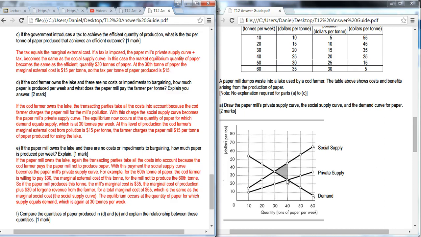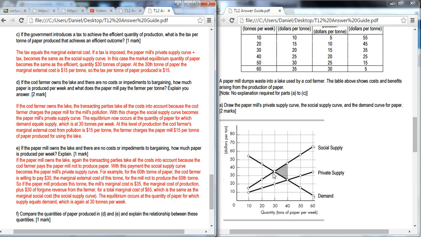But it costs us $20 a tonne, even though you make nothing. How about we pay you a little bit to make less? See, it's costing us $20 a tonne. That's a lot. How about we pay you some of that and you can make less so it doesn't cost us so much? And the fishermen will continue to pay the farmers until the point at which the amount that